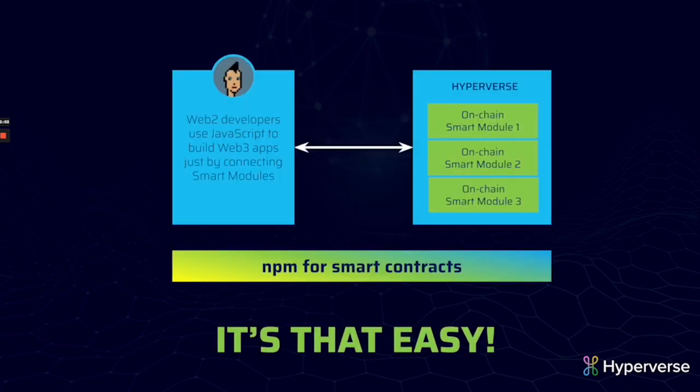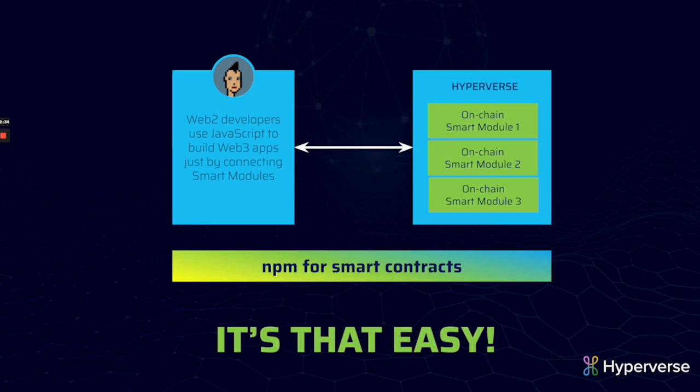What does this result in? Well, it makes it super simple for JavaScript developers, because now with all these on-chain modules, it becomes a simple task for us to create a JavaScript wrapper in React or in other frameworks that allow you to essentially use these smart modules on-chain as if you were using JavaScript modules. In fact, when you experience the Hyperverse software, you will see that it's exactly like that. It's literally NPM for smart contracts.